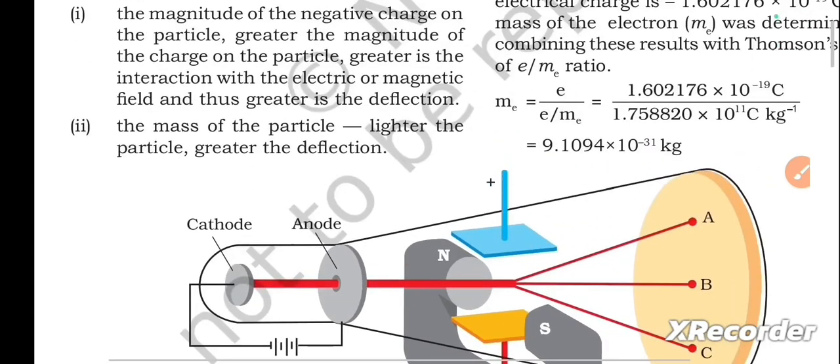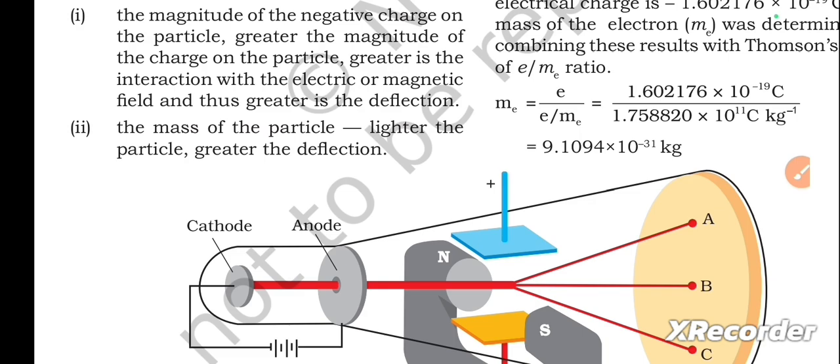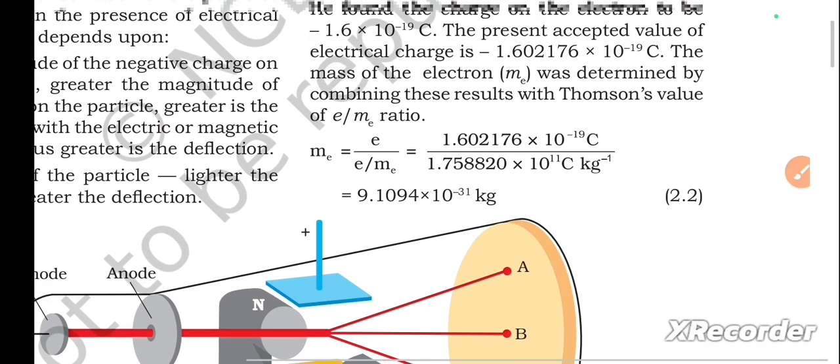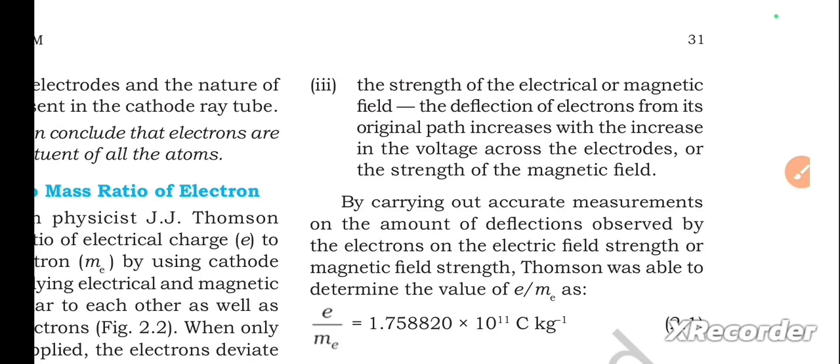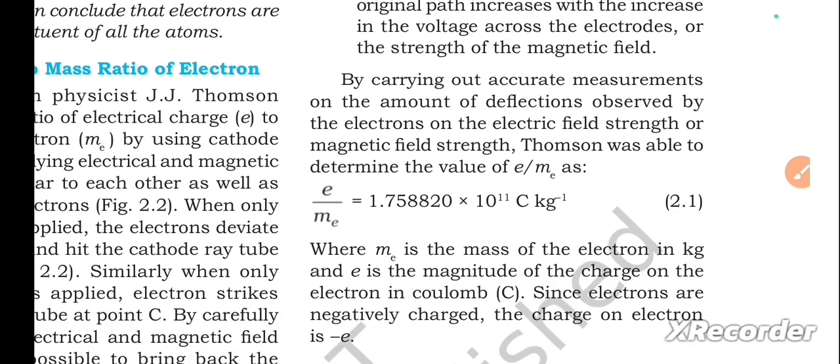Second point, the mass of the particle. Lighter the particle, greater the deflection. Third point, the strength of the electrical or magnetic field. The deflection of electrons from its original path increases with the increase in the voltage across the electrodes or the strength of the magnetic field. By carrying out accurate measurements on the amount of deflections observed by the electrons on the electric field strength or magnetic field strength, Thomson was able to determine the value of e/me as